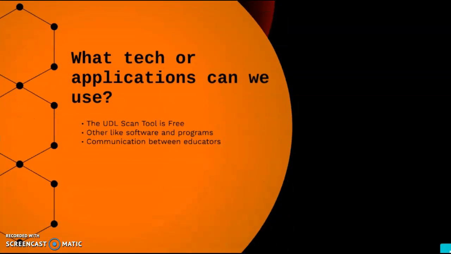As far as the tech, the UDL scan tool is completely free. I'll link to that in the description or in the caption box for my post. But there's other software that's like it. And as I said earlier, communication is key with educators. So the scan tool is great if you use it on a personal level. But what's even better is if you find content that works really well or doesn't by using the scan tool, make sure you weed out the stuff that doesn't work and get it out of the field for teachers that you're in connection